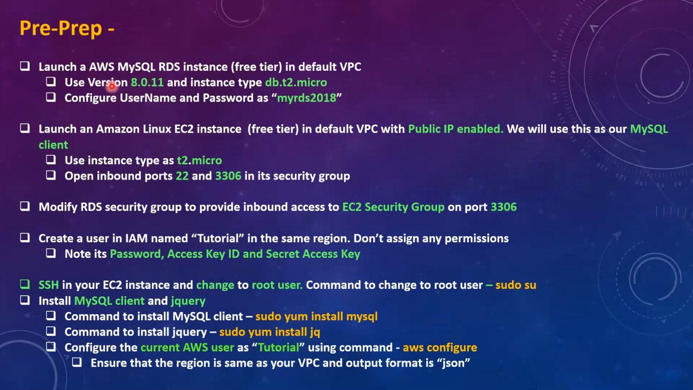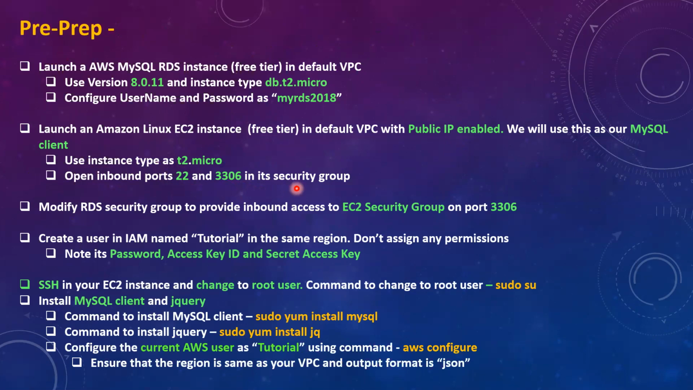After you have launched your RDS instance, go ahead and launch an Amazon Linux EC2 instance. Again, choose free tier and launch this in the same VPC. In this case, it will be the default VPC, and ensure that you enable public IP. We will use this instance as a MySQL client. I would recommend that you use instance type t2.micro and open ports 22 and 3306 in a security group